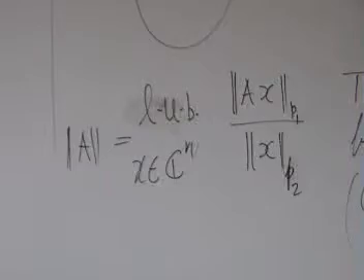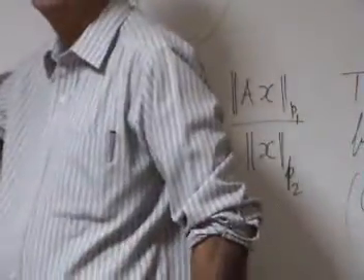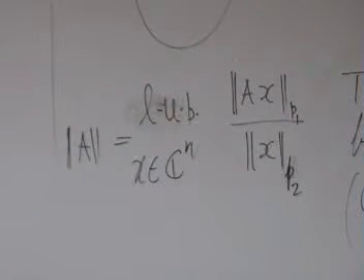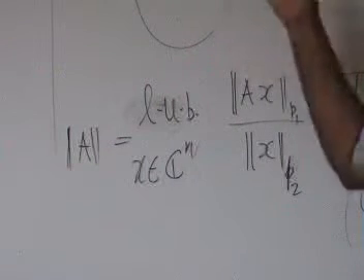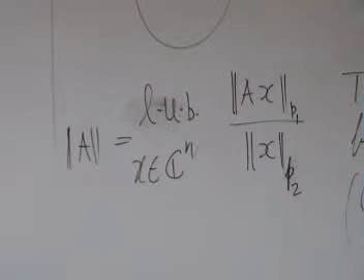The previous example I gave was only cheating. I just thought of the matrix as an n squared component vector. So I thought of C^(n×n) as actually multiplying n and n and making it C^(n²), and then looked at C^(n×n) as C^(n²). But now I am not looking at C^(n×n) as C^(n²). I am looking at it as a transformation of the C^n space and trying to quantify the transformation in some sense. That is what this norm is.